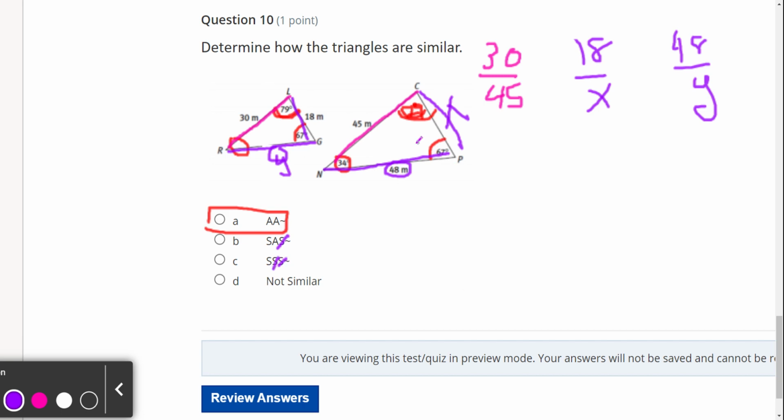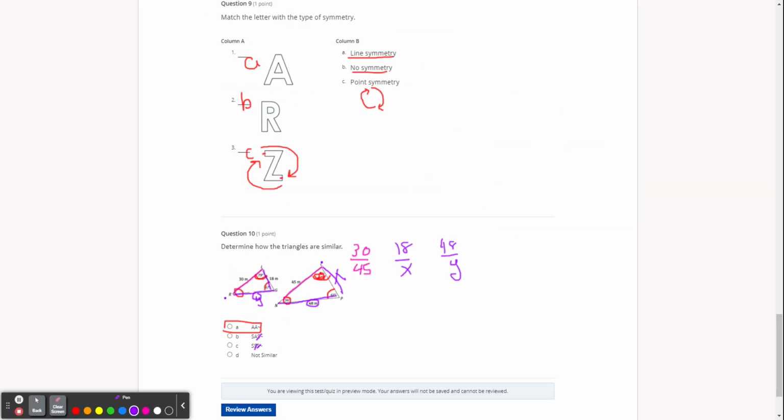Okay. So always, always, always find those missing angles if you can. If you're given 2 angles in a triangle, automatically, even if you don't think you need to do it, find that 3rd angle. Okay. Everybody should have 100% on this now. Hopefully I can put all that into the